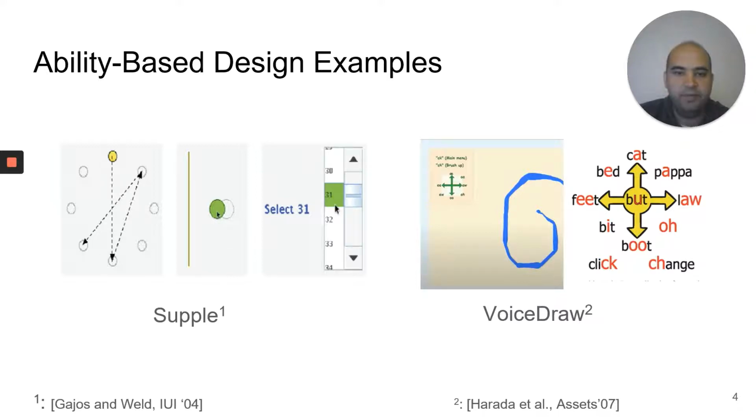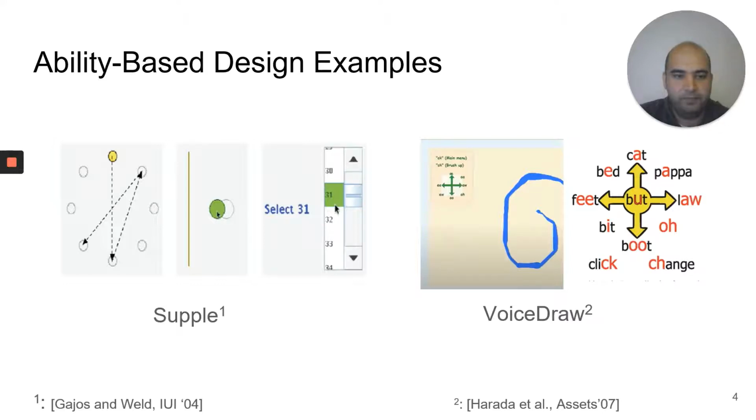Ability-based design has been explored in screen-based systems. Examples: Supple, a system that automatically generated optimized user interfaces based on the user's ability and performance. A second example is VoiceDraw, an application that enabled the mouse cursor to be controlled by a human voice. VoiceDraw adapts to the user ability, producing vowels. Two great examples that show the great potential of ABD, but the two examples are used in the context of